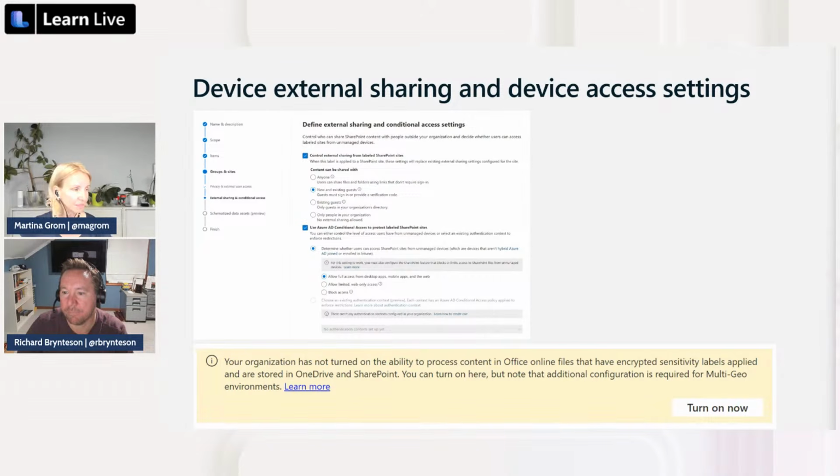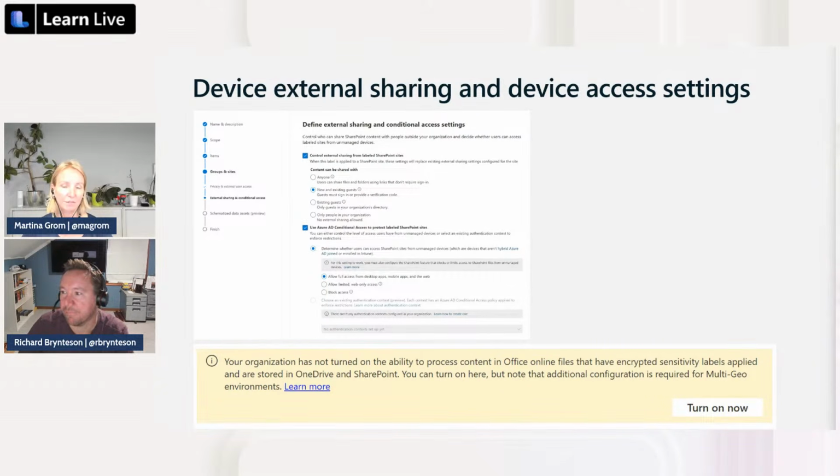Also, there's something which is currently in preview: authentication context. This option lets you enforce access conditions when users access SharePoint sites that have the same label applied. The conditions require you to select an existing authentication context, and it's published to your conditional access deployment.